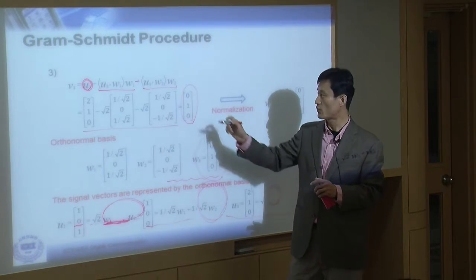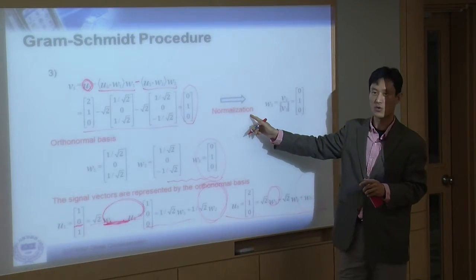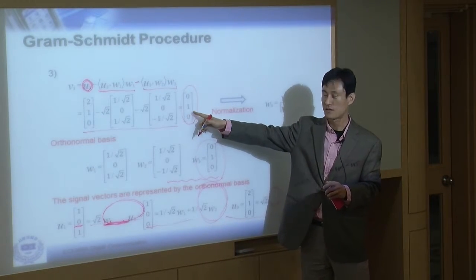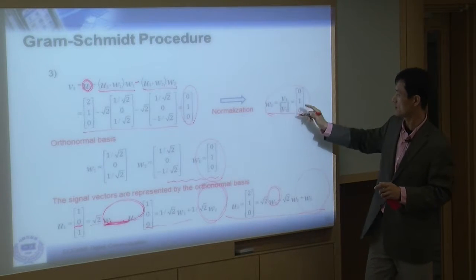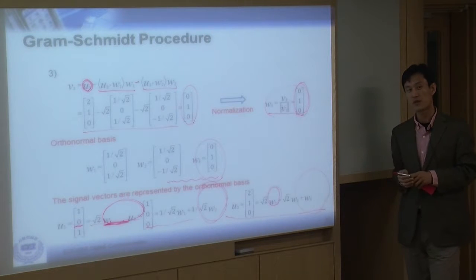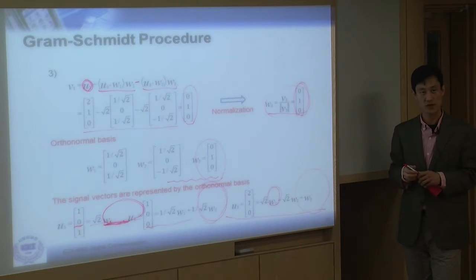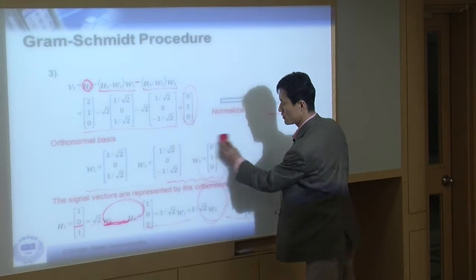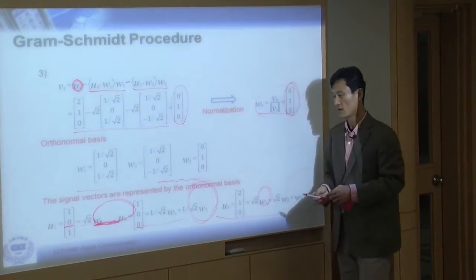And after that, what we want to do is take normalization. But this is already normalized, so it does not change anything. So that is W3. So this is how we calculate the final vector. So this is the answer. W1, W2, W3. That is our final answer